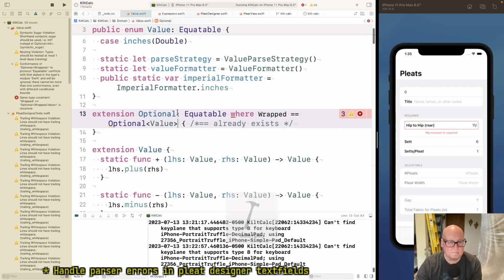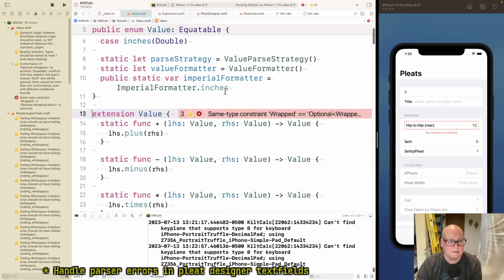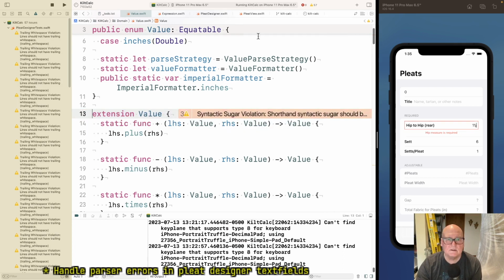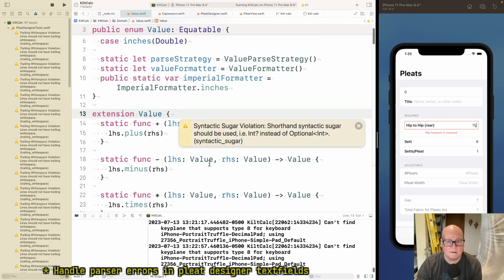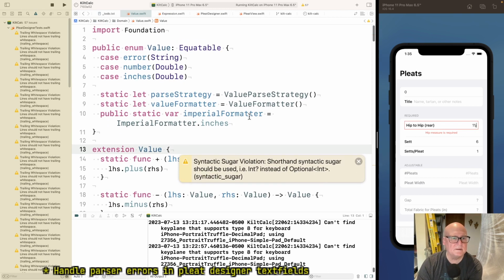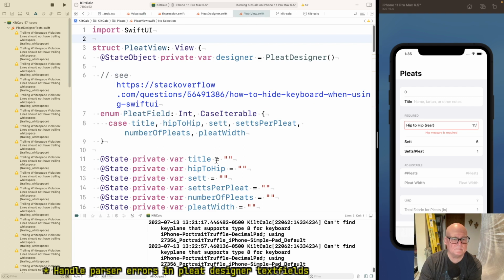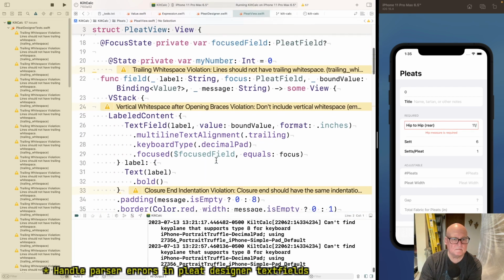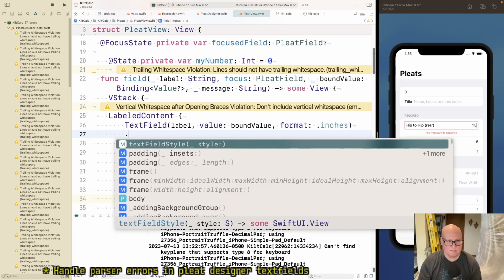No. I don't think we're getting there. Unchanged. I don't think it matters that it's coming here.